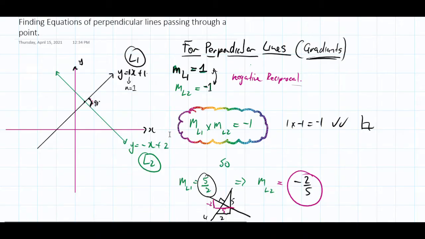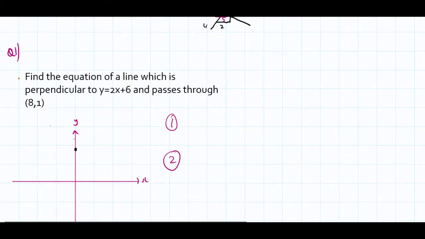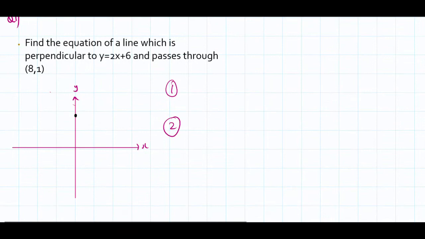So let's look at this first example now. It says find the equation of a line which is perpendicular to y equals 2x plus 6 and passes through the point (8, 1). So the first step I need to do is to find